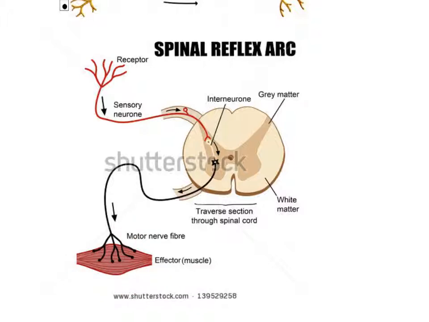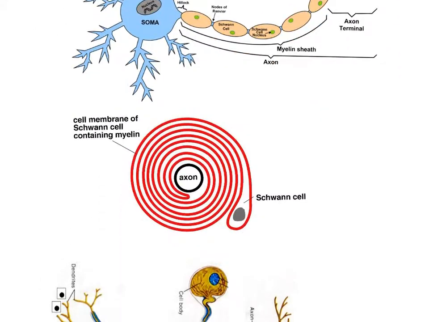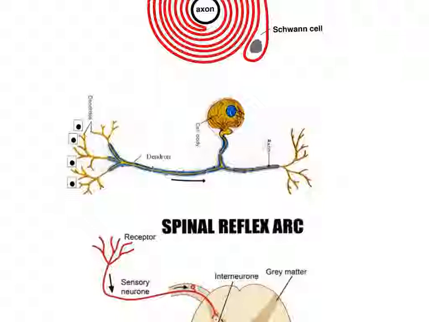So what we're going to look at is the structure of these sensory neurons, which take information from sensory receptors to the CNS, and compare those with the structure of motor neurons, which take information from the central nervous system and take that to a muscle or effector organ of some sort. Okay, so dealing with the sensory neuron first of all,